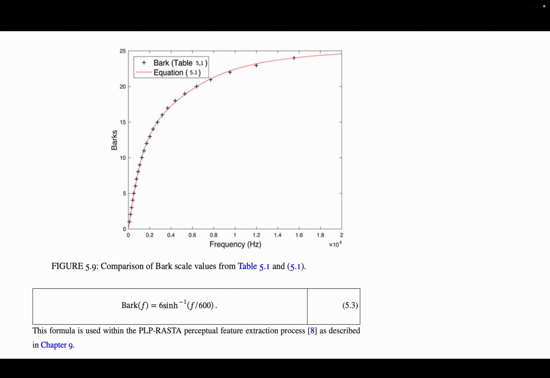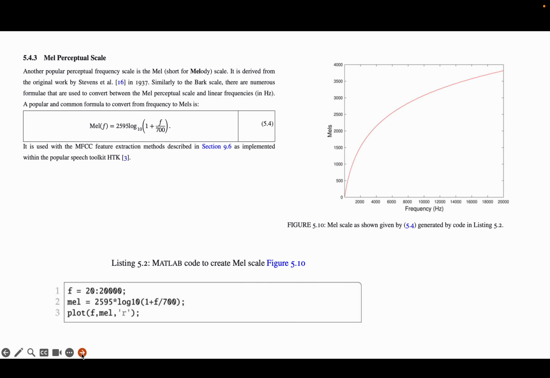You can get a simplified version of this equation from equation 5.3. This makes a few assumptions, but nothing that is really a problem for implementation. It's sometimes used in feature extraction for speech recognition, so sometimes that will be expressed in terms of the Bark number as opposed to a frequency range, just because that's audio talk. So yeah, this is sometimes an important part of a feature space if you're doing recognition.